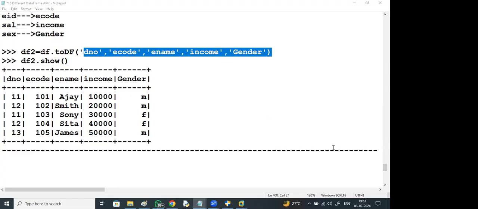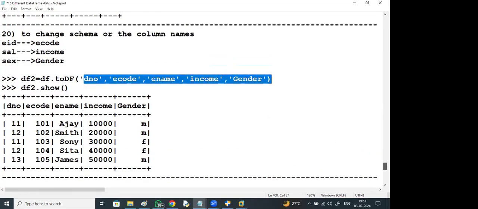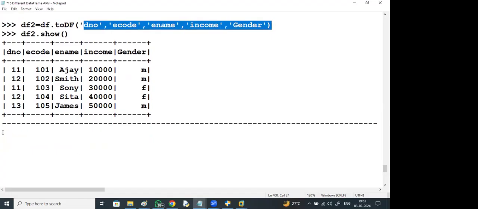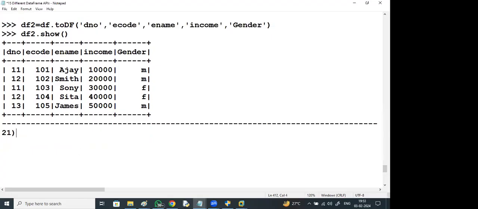Here in this case, the total columns have to be given. Now, if you want to change a particular column, then we have got a separate functionality for it. Observe this. There is a functionality withColumnRenamed, with C capital, R capital.